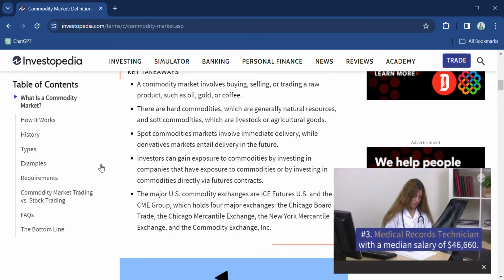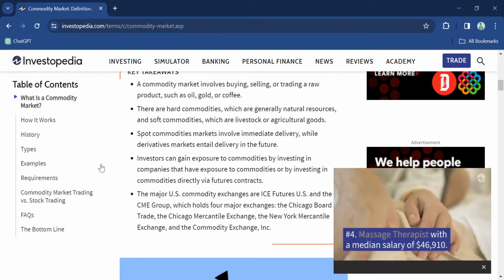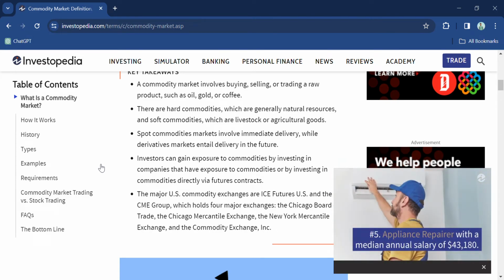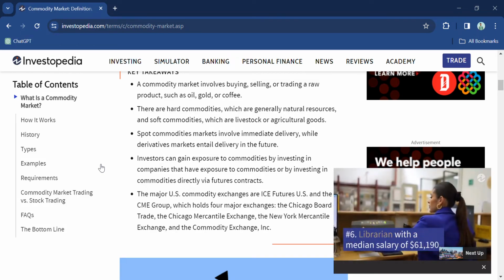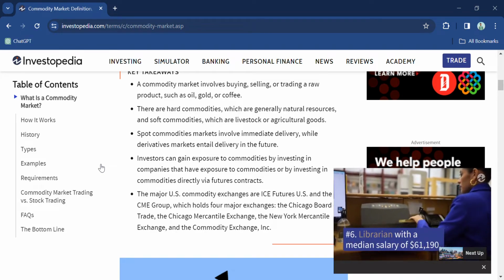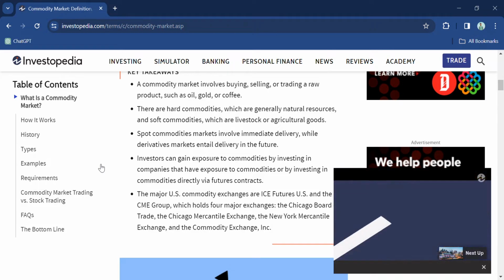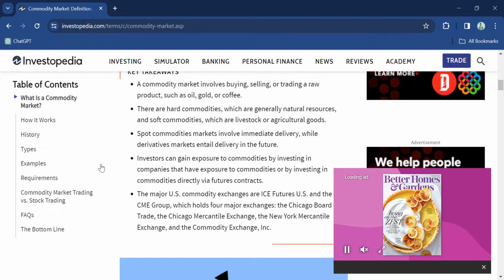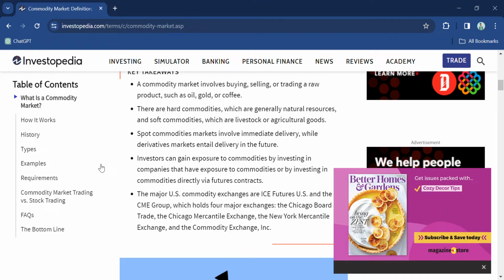Investors can gain exposure to commodities by investing in companies that have exposure to commodities, or by investing in commodities directly via futures contracts. The major US commodity exchanges are ICE Futures US and the CME Group, which holds four